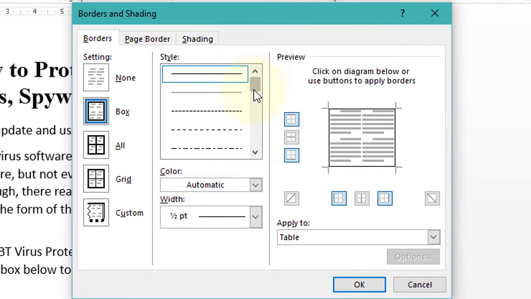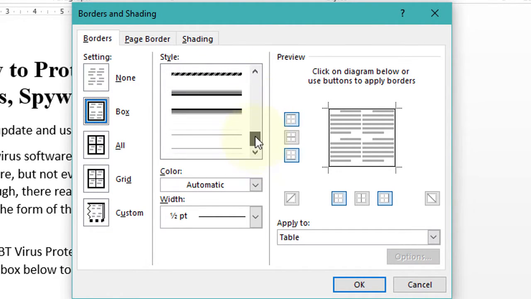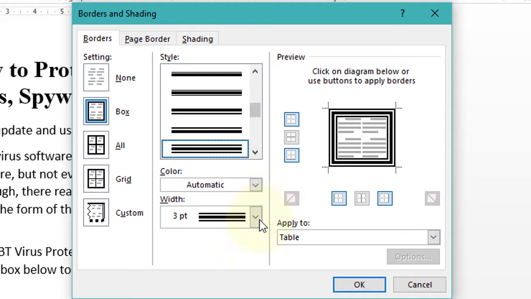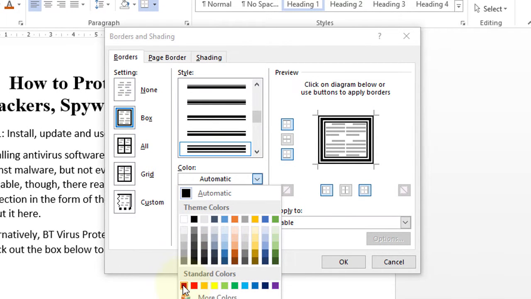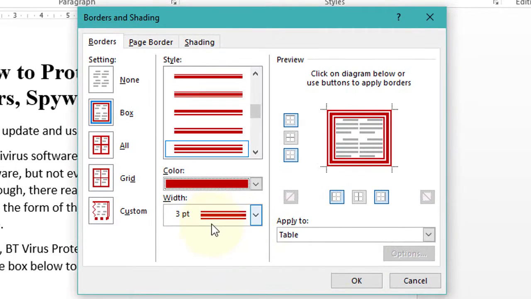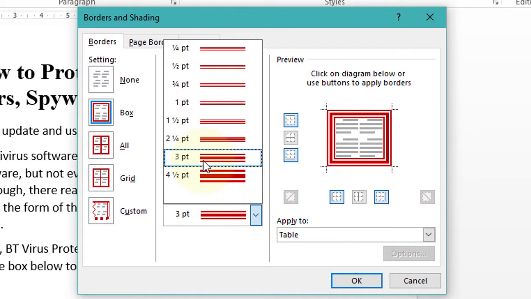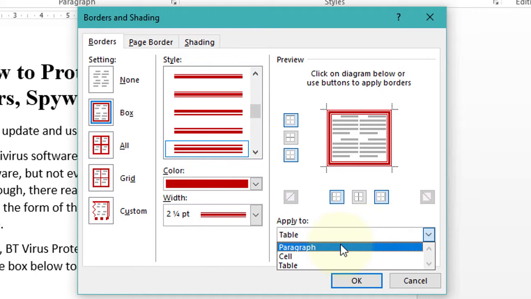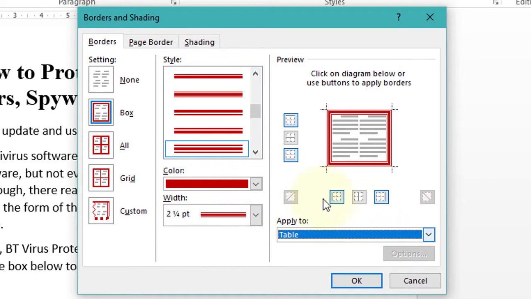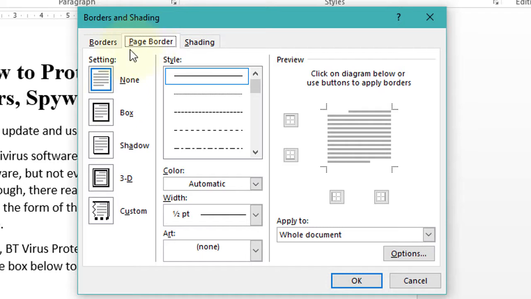and here is the style. Select anyone which you want. Color automatic, and also you can choose a specific color like this one, and width there is a 3 point. I will select this one. Apply to table, paragraph or cell and click on OK. Another setting, here the page border, box,